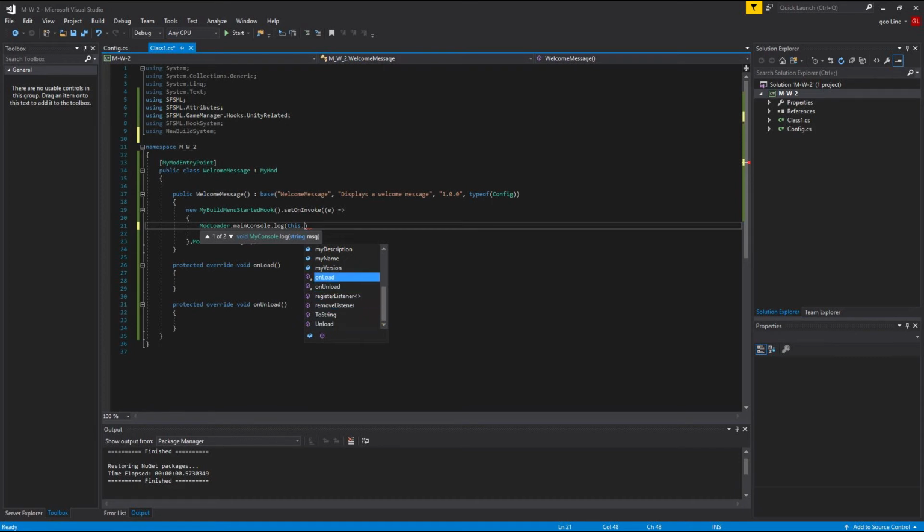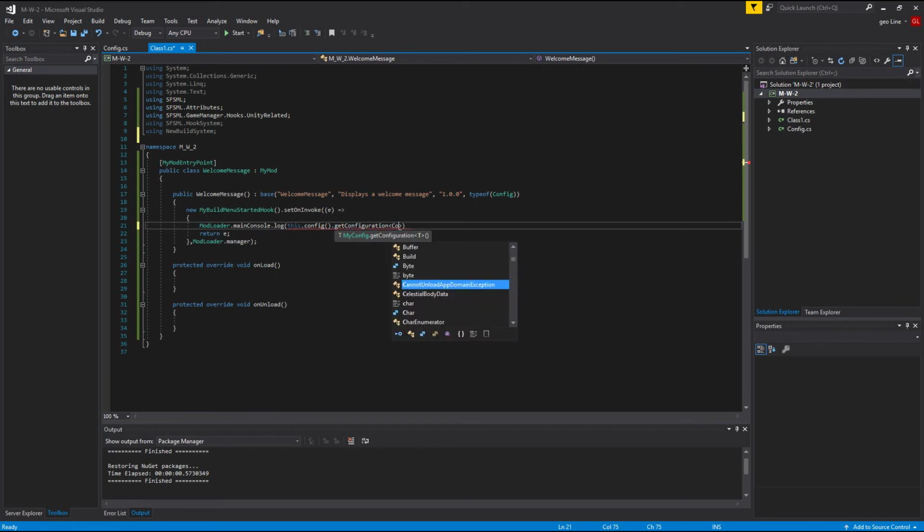If you have a type of config, you can use this dot get config, and then we can use dot get configuration config, yes,